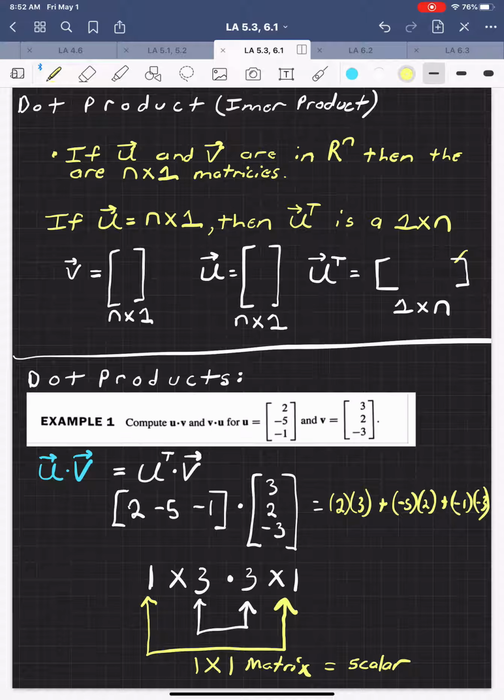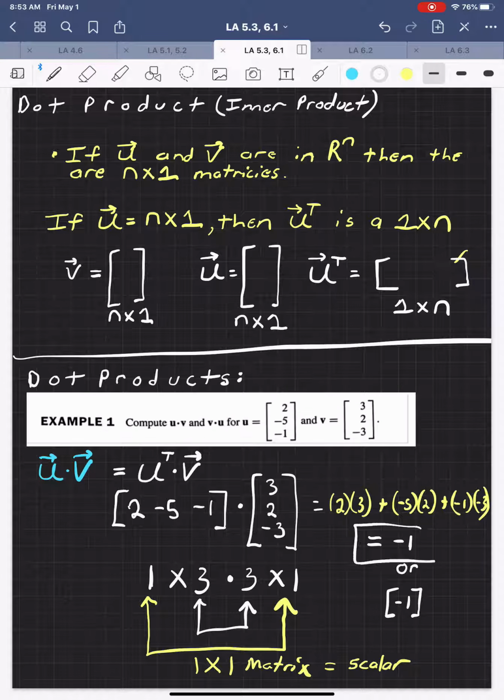And the result of all that little bit of arithmetic is -1. So you could think about that as -1 if you wanted to keep your matrix notation, but again, since a 1 by 1 matrix is just a scalar, this is